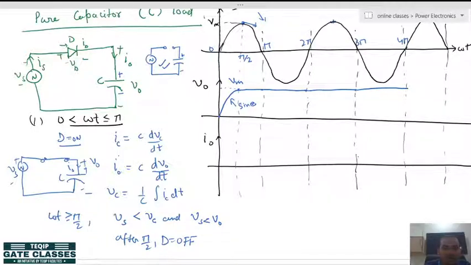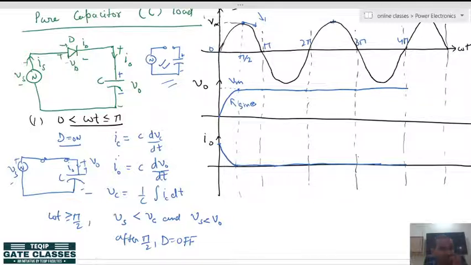So, if you want to calculate the current, it will be a cosine wave, because the differentiation of a sine wave is a cosine wave. From some peak value the current will decay to 0, and after that, since the circuit is open, no load current is flowing because the capacitor is not discharging. So, after that the current is basically 0. It means there is no rectification here. The only thing happening is that you are getting a constant value of capacitor voltage there.